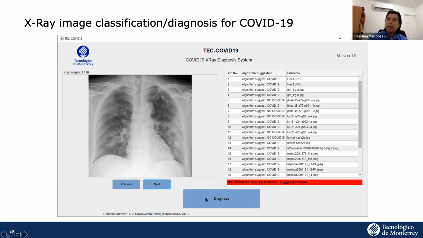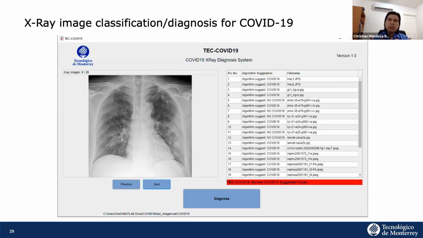So once you click on the image and bring the images, those images are analyzed by the computer model, the application, and then it will throw you an output saying where there are some cases of COVID-19, please pay attention to those cases. It will let you know which of the images the computer model determines are typical COVID-19 cases. And this is very helpful because, as I mentioned before, the medical doctors and the hospitals, the health systems in general are overwhelmed with the amount of cases in some areas, in some cities.